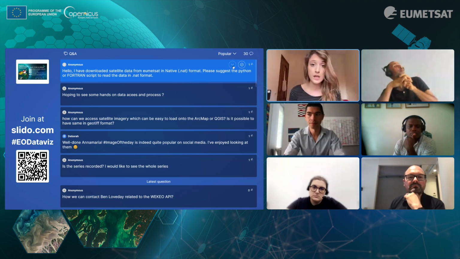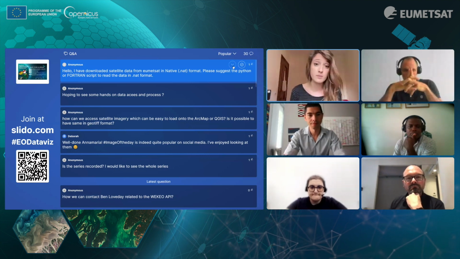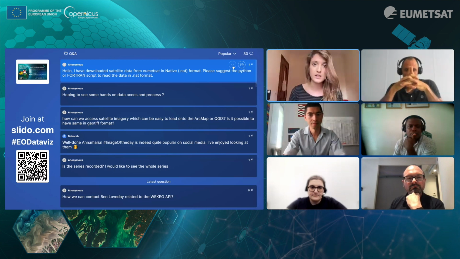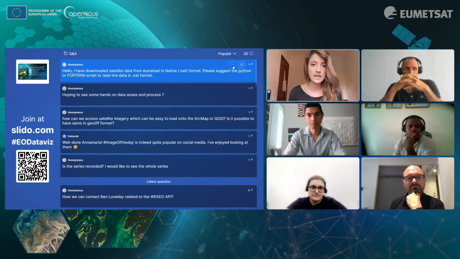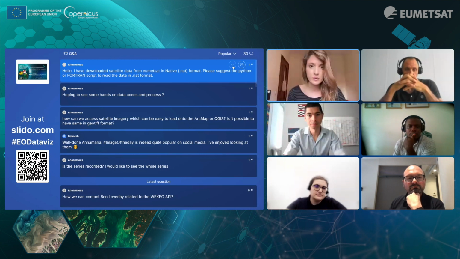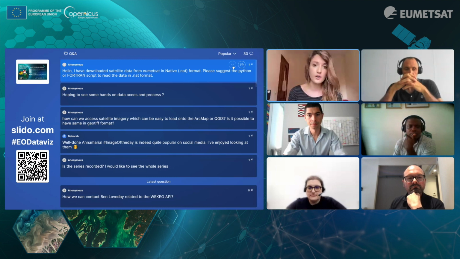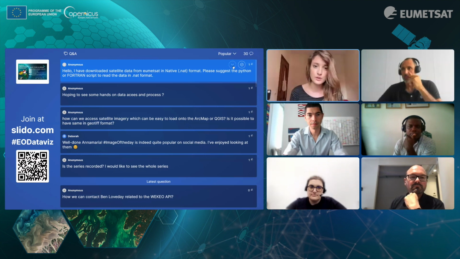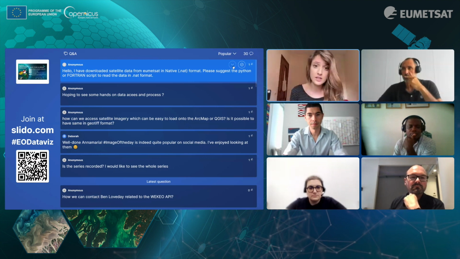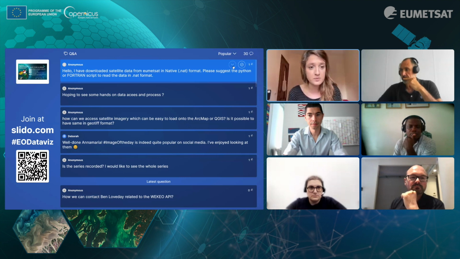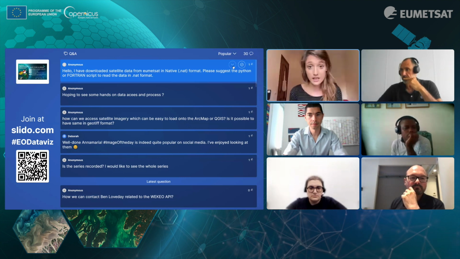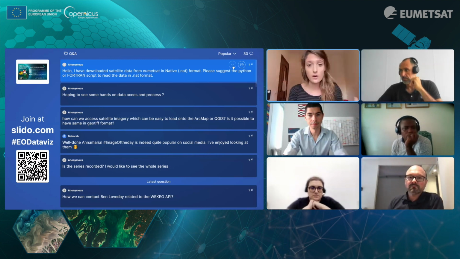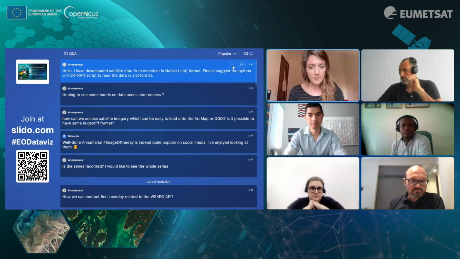But we do have a Jupyter notebook called Customizing with Data Tailor. The Data Tailor is basically what we use to customize our data. So if you have downloaded data in one format but want to transform it into GeoTIFF or NetCDF, you're able to do that through Python. But you can also do it through the user interface if you're not comfortable with Python scripts. We constantly have trainings that treat exactly these topics, especially Data Tailor, which is one of our integrated services that can be quite confusing.